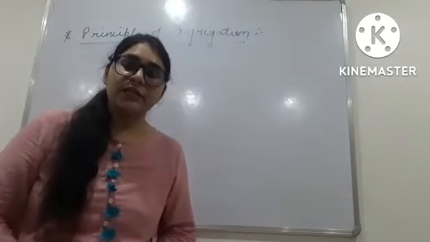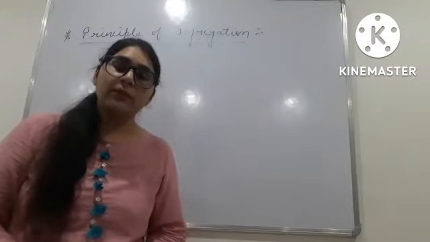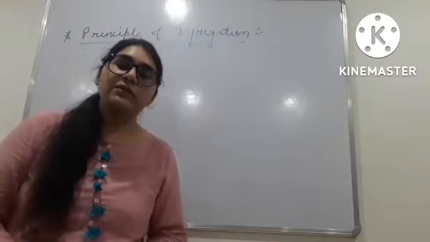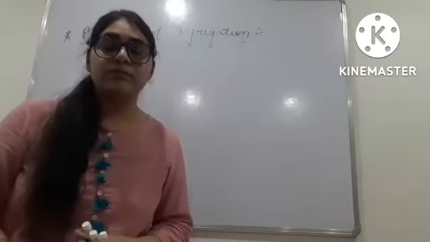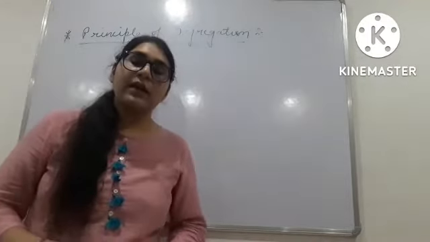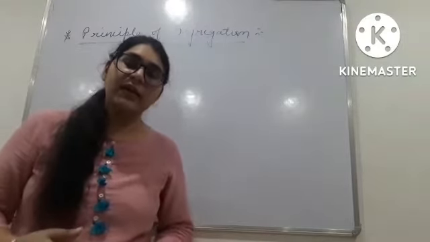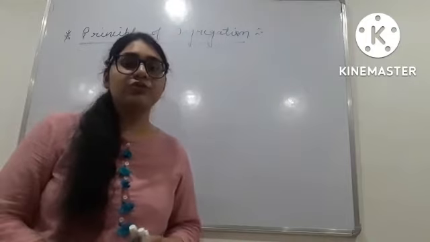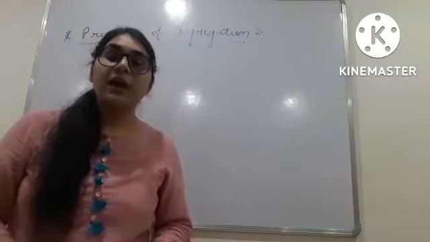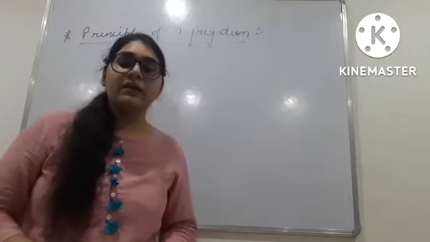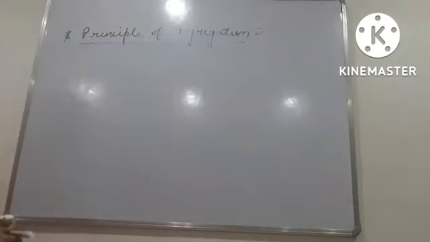The other interpretation derived by Mendel in the form of principles of inheritance was the principle of segregation. In this principle, he explained the appearance of both forms of trait in F2 generation in 1:2:1 ratio with the following arguments. So what are the arguments presented by Mendel in explaining this? The first argument was that